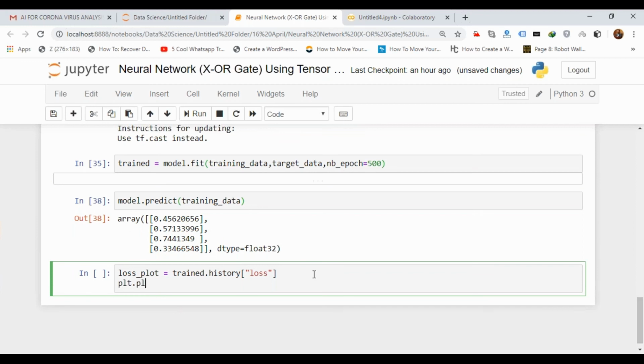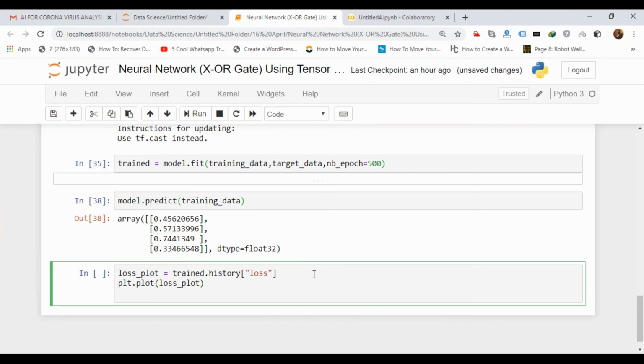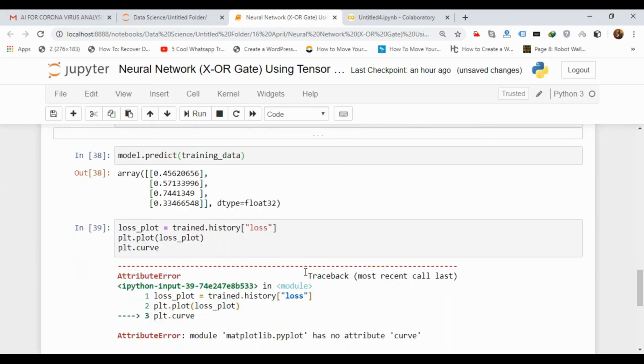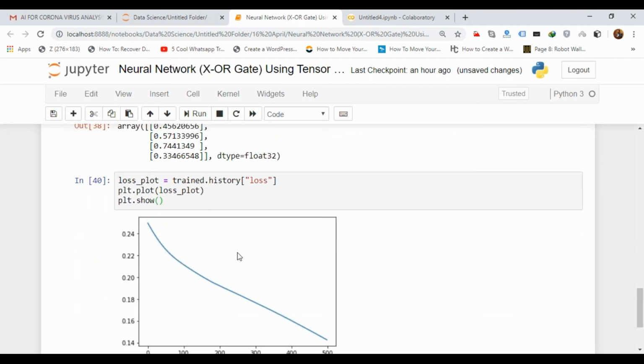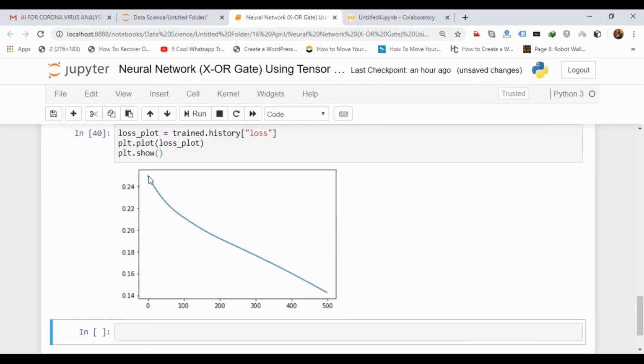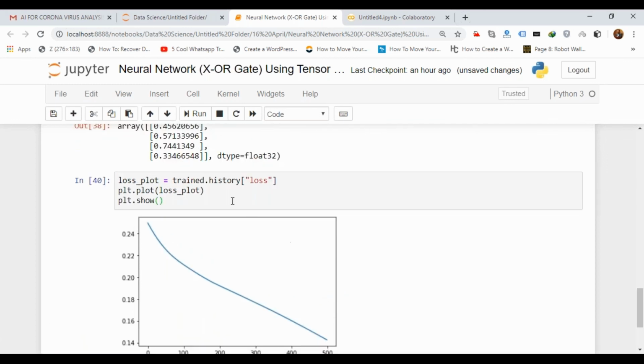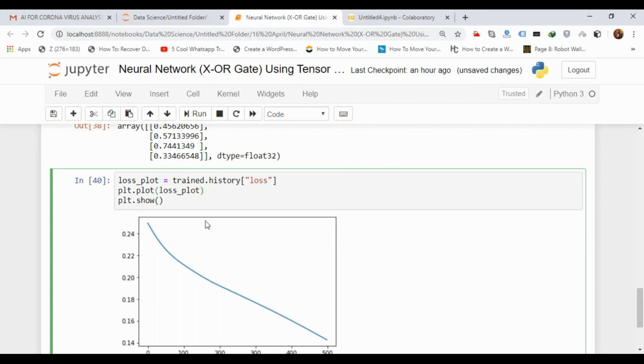Then we can plot with plt dot plot, and here I can simply pass loss plot, and then plt dot show. So this is basically the plot of the loss curve. We can see the loss is going down and down until 500 iterations. Similarly, you can plot it for accuracy also.